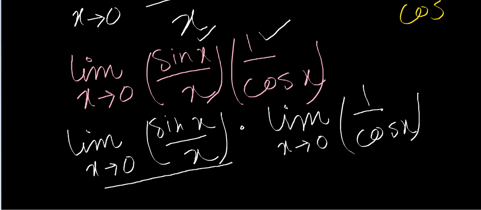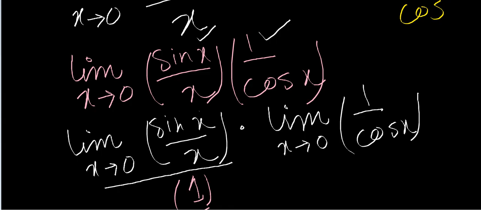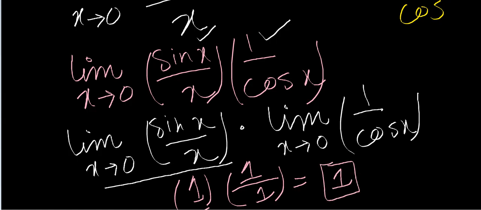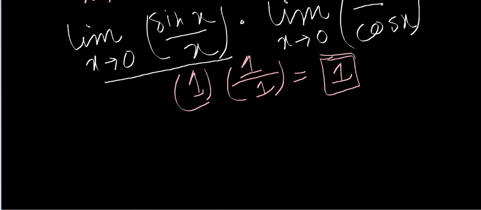If you want me to prove this, I will definitely prove it in future videos. Until then you have to wait. But for now you have to remember this: limit x tends to 0, sin x by x is equal to 1. So 1, and apply the limit over here. As you can see, it would be 1, and cos 0 is 1. So the final answer is 1. It means that when x approaches 0, the given function, tan x by x, approaches 1. So this is the final